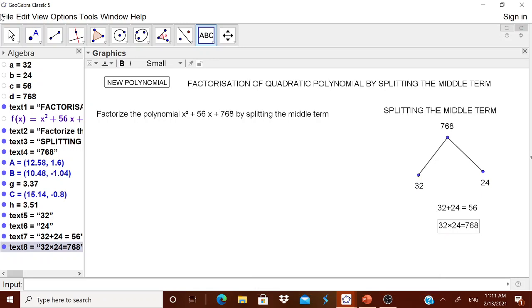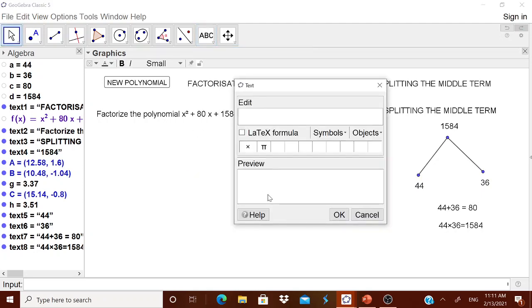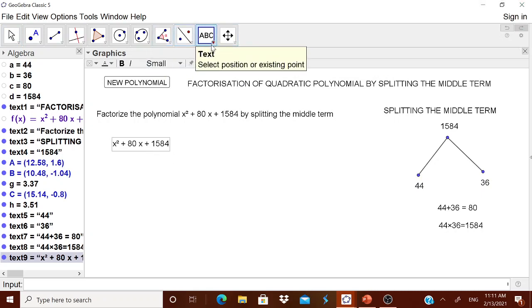Now when you go to the new polynomial, you see 188 once again. It is showing summation should be 51, product should be 188. Again 80, 44 and 36. Multiplication should be 1584, and like that. Now this kind of splitting of the middle term will be shown to the children. Now let us try to show them the original problem. Now I will put that F here. Now I have to tell the children how it is split.